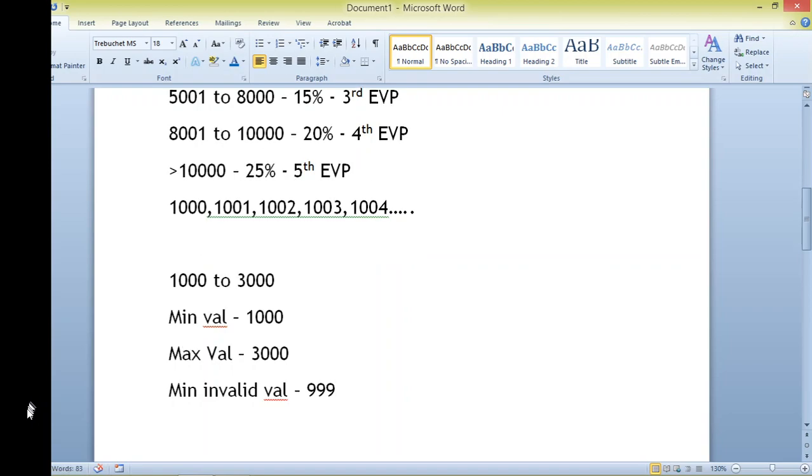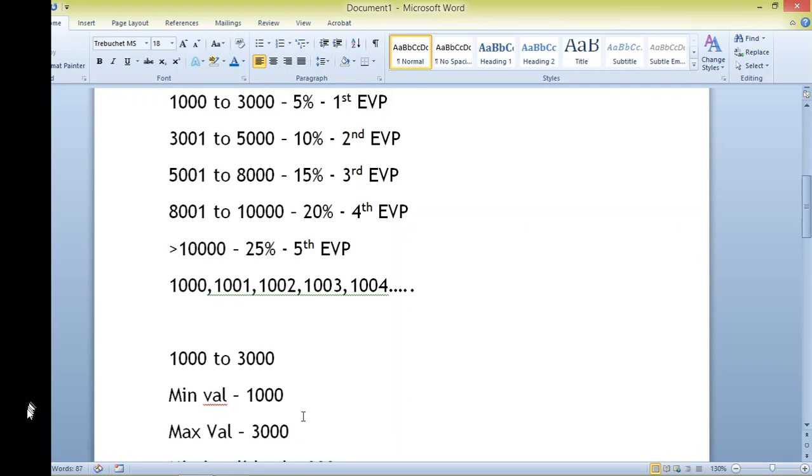And if I choose one value ahead of my positive maximum value, which is 3001, that is still my maximum invalid value for the first class, but it is a valid value for my second class.